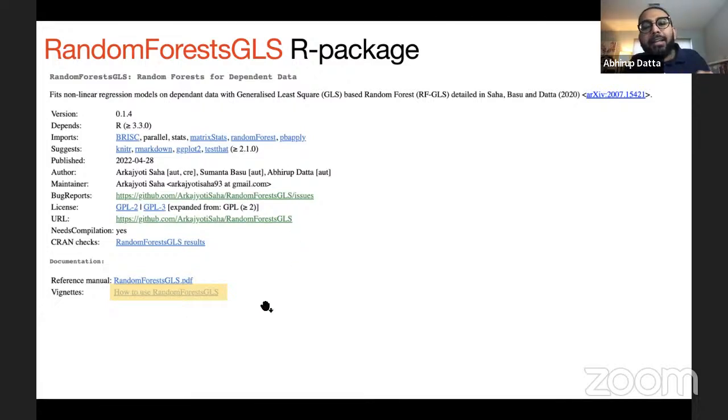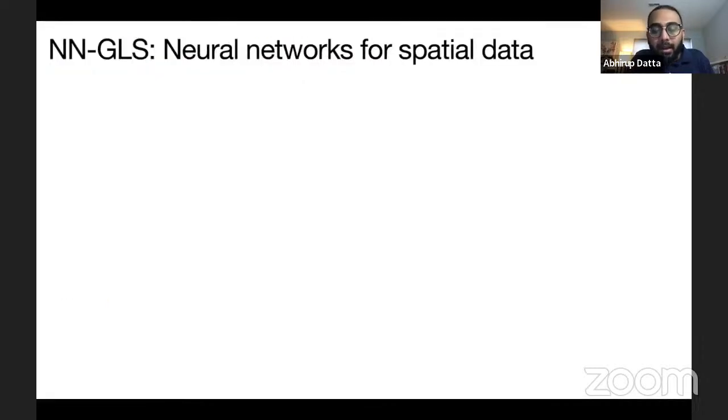But the fact that it was not super fast was an important concern, which is why after we did this extension of random forest, we looked at what other machine learning methods we can try using the same idea, and then we came across neural networks, which are super fast. And so the next part of the talk is presenting the same or a similar idea, but using neural networks instead of random forest, that allows you to analyze much larger data sets with these types of GLS losses.